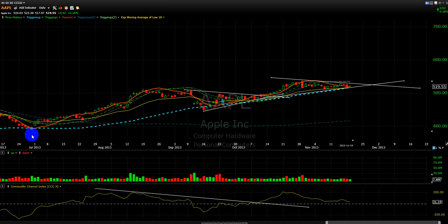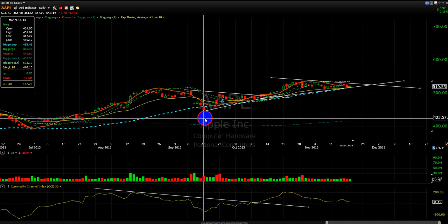Basically, we never really closed below this particular blue line for more than 2 days, and this was the past year. This was during extreme